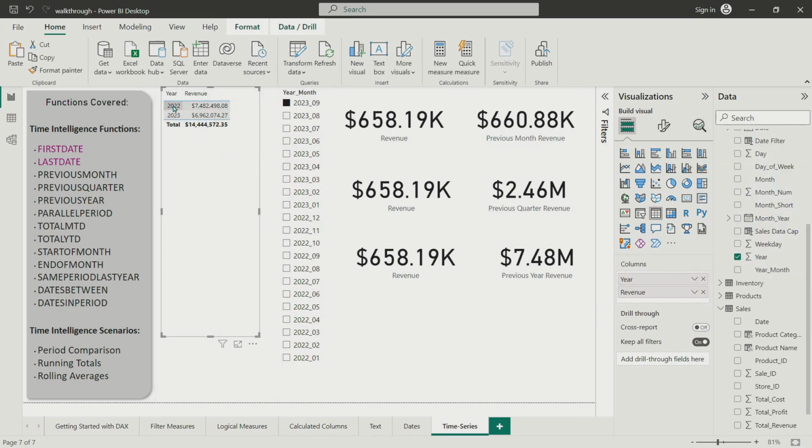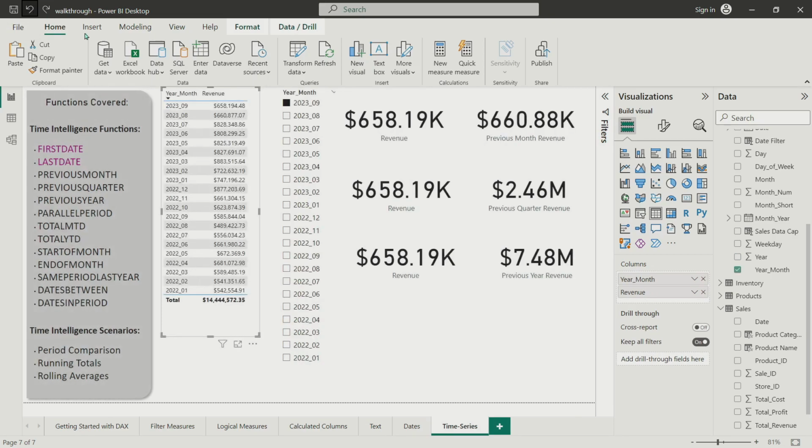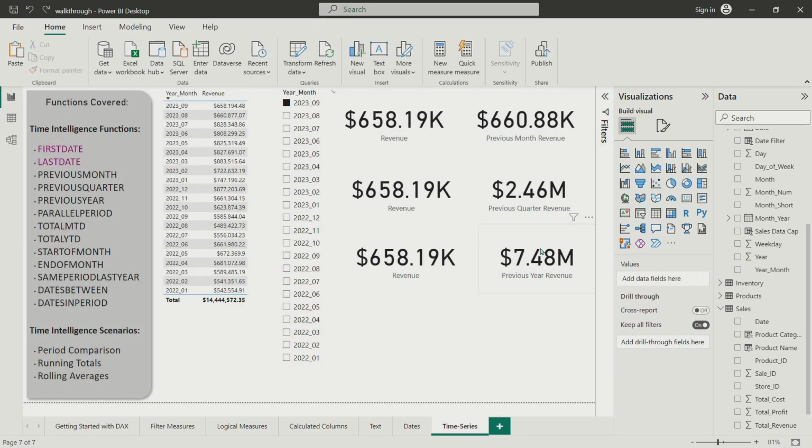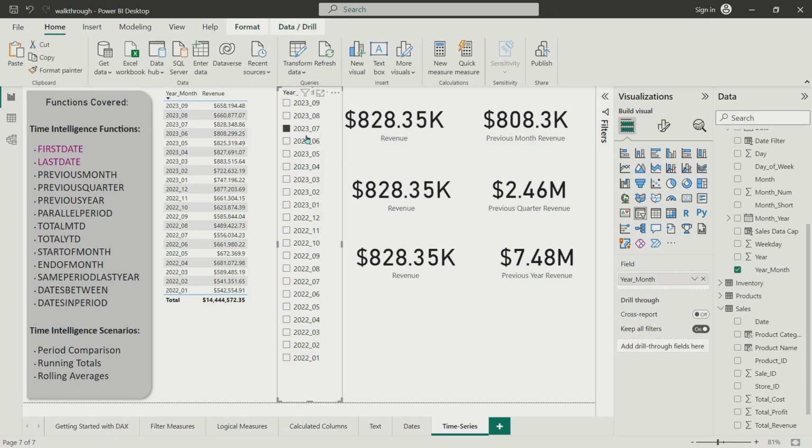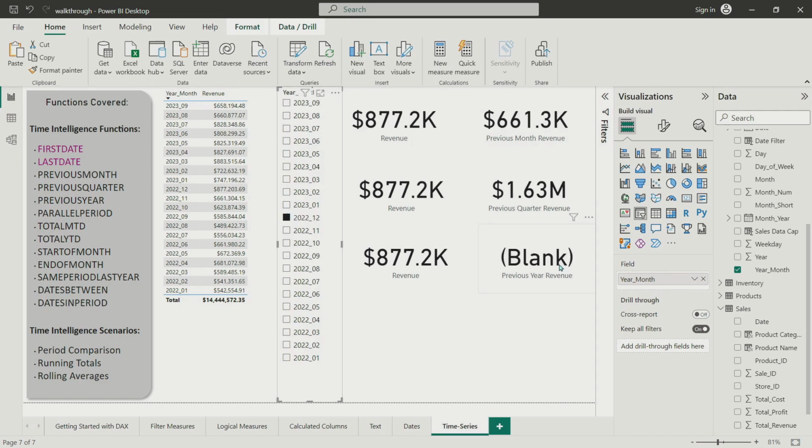And there we can see 2022 aligns to the 7.48 million that we're showing here. And so that's where that 7.48 million is coming from for the previous year revenue. Any month that I select in 2023 is still going to just return 2022's total revenue. And if I go to 2022, this gets blanked out because my data set doesn't have any revenue at all